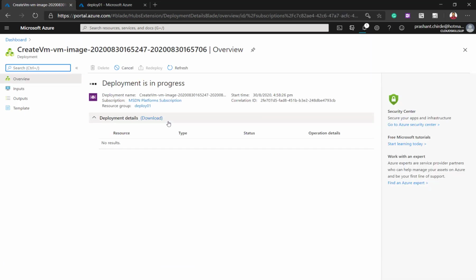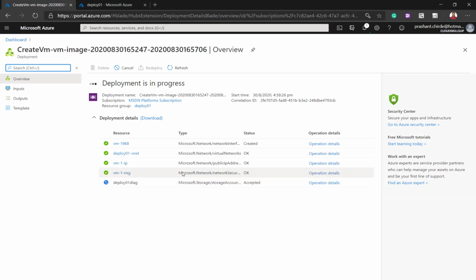It will start deploying all the required details that were captured in the image, and whatever other details need to be there, it will start rolling out those resources in that resource group. If you see here, it's starting to deploy the resources, and right now it's deploying the diagnostic account for our VM. Once the diagnostic account is completed, it will start deploying the new VM. If you see here, the new deployment of VM1 is in progress. Once it is deployed, I will resume the video.